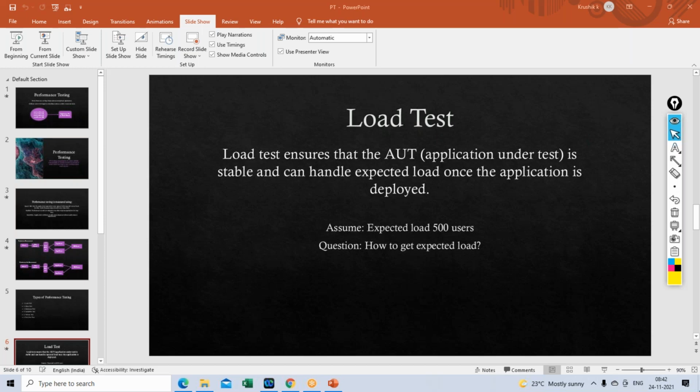They will ask us to test the application for performance. So then we will begin our performance testing life cycle separately, with non-functional requirements gathering.